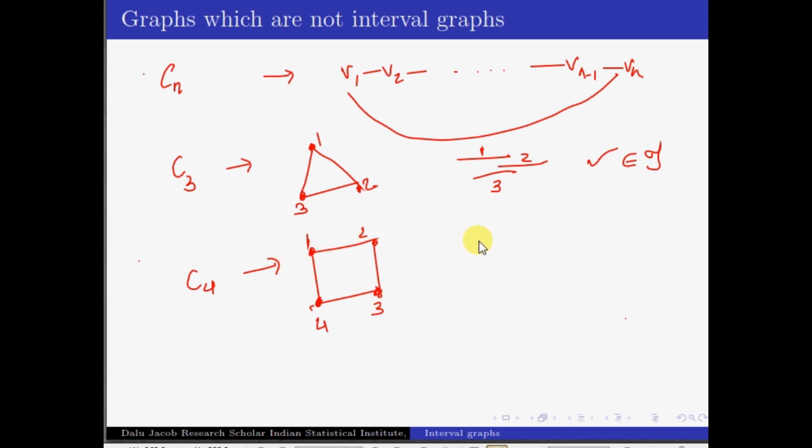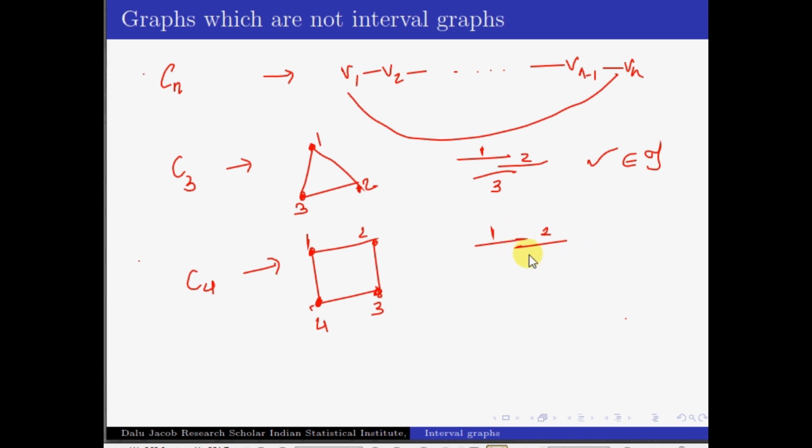Here one thing you can note is that it doesn't matter which vertex I start with in order to find the interval, because every vertex in a cycle is symmetric. No matter what I start with, I will have the same scenario only. So there is no problem if I start with 1. Now when it comes to 2, I have to place an interval representing 2. There are two possibilities, either I can put the interval 2 here or here. Actually the cases are symmetric, so let me put the interval corresponding to 2 over here. It's alright, right? Because 1 has to be adjacent with 2 and vice versa. So according to the interval representation also we are done.